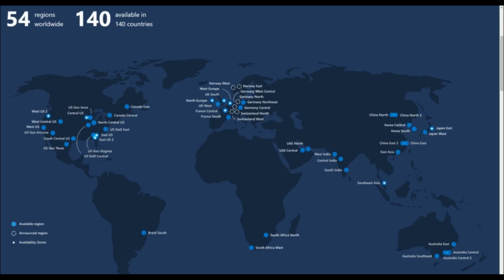We can grab this map. Microsoft has the Azure regions page on its website, and it's always updated. There are always regions being announced. So those 54 regions means that it looks pretty well spread over the globe. Of course, there are concentrations in North America, concentrations in Western Europe, Asia,